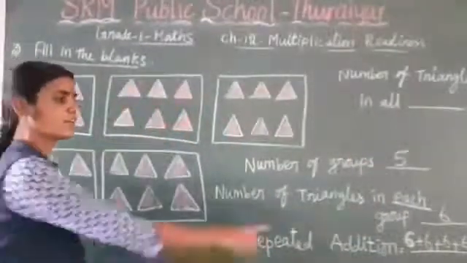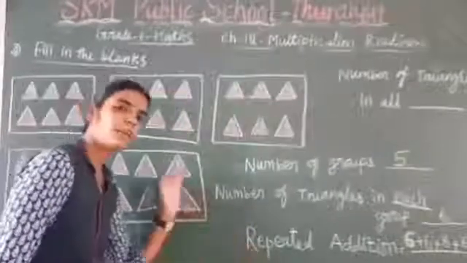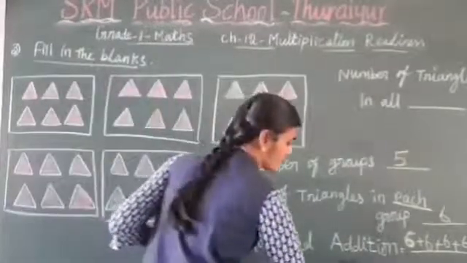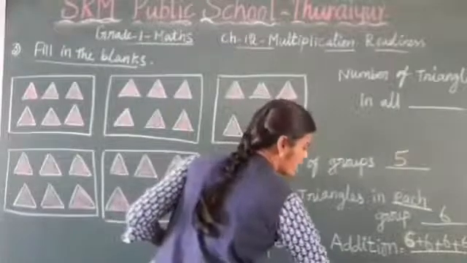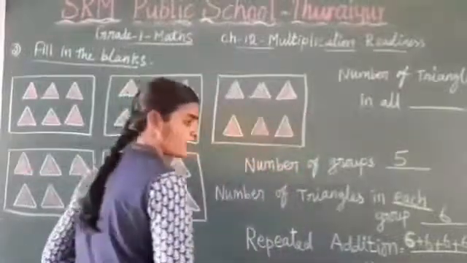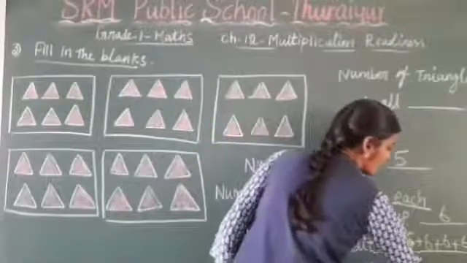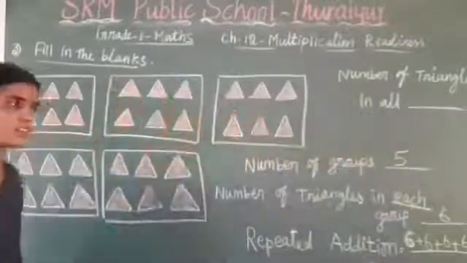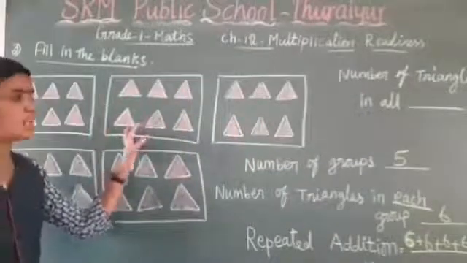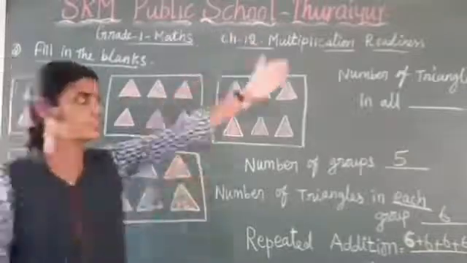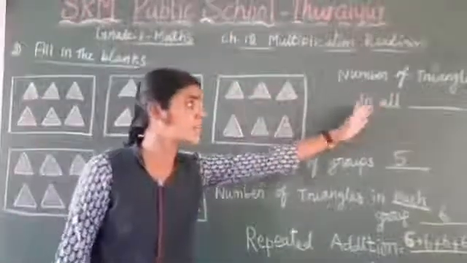Instead of this, how will you make a multiplication fact? 5 times 6. How will you write? 5 sixes are 30. 5 sixes are 30. Yes, 6 plus 6 is 12, 12 plus 6 is 18. You have to count one by one because the next question is number of triangles in